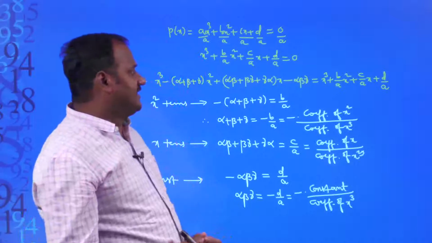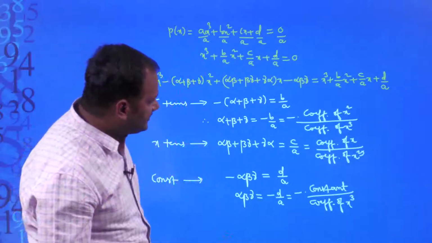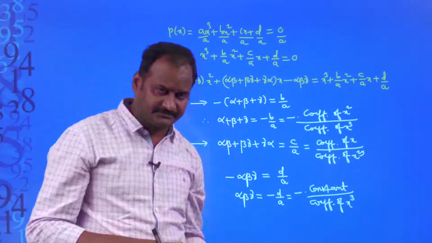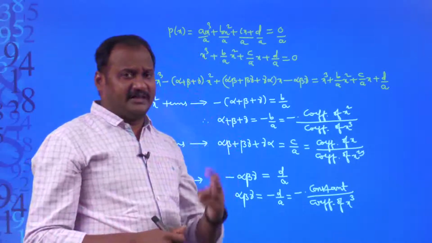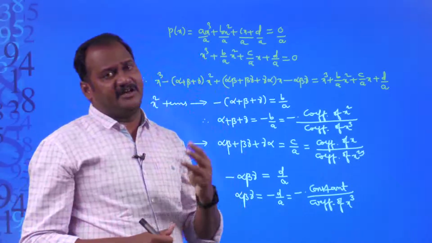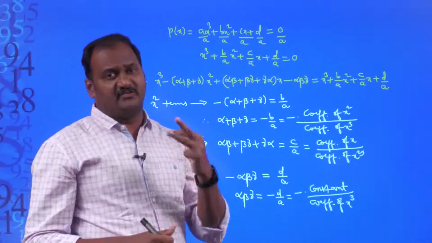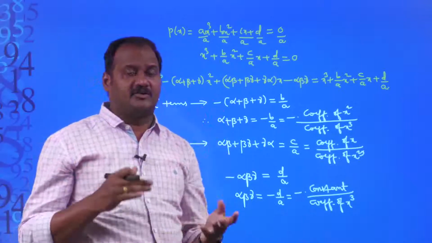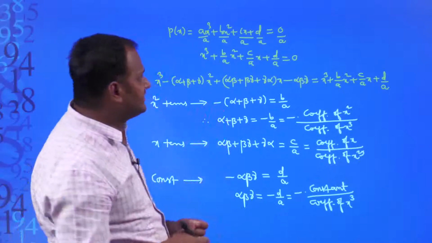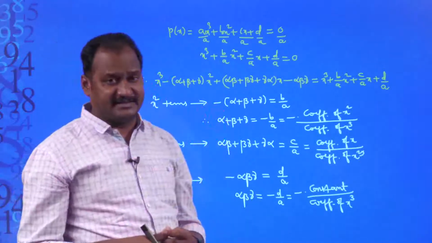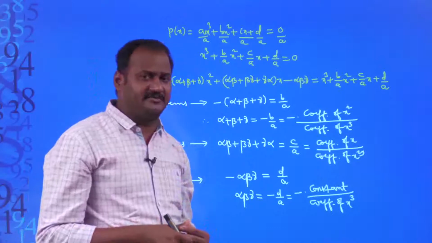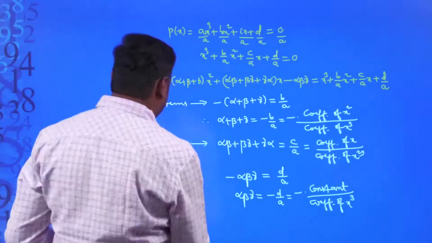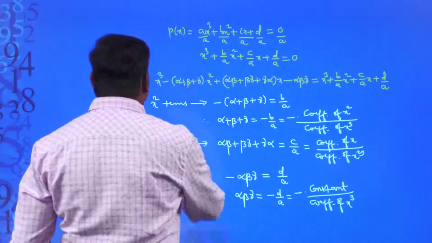So, let us understand some problems, like if it is a third degree polynomial or a fourth degree polynomial. When a third degree polynomial is given, it may have a maximum of 3 zeros. When 1 zero is given, how to find the other 2 zeros, or when 2 zeros are given, how to find the other zeros. Okay. So, let us try to understand by taking some examples. Of course, all these examples are very important from the point of view of the CBSE examination, right. Okay. So, let us try to understand one problem,